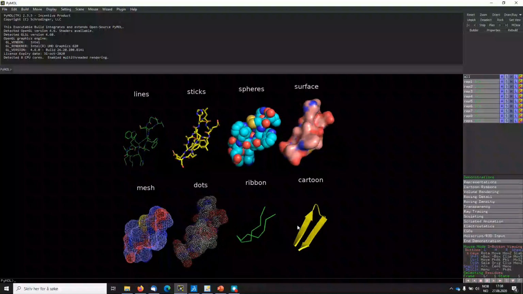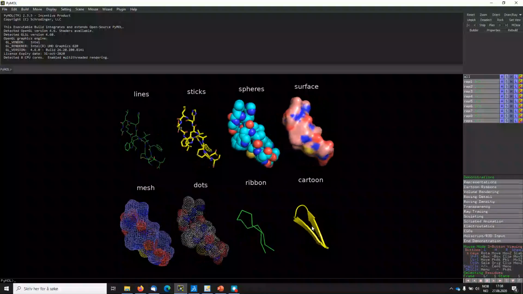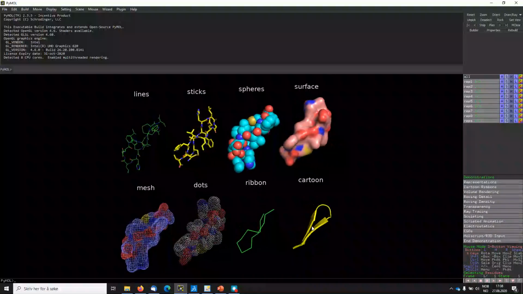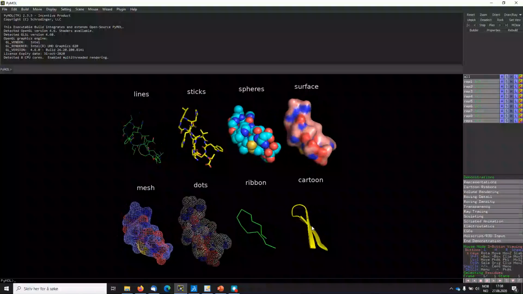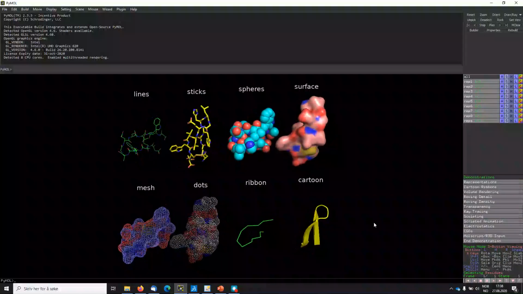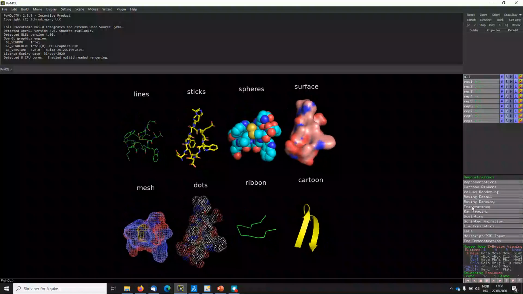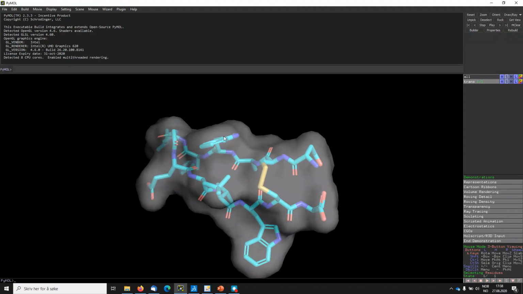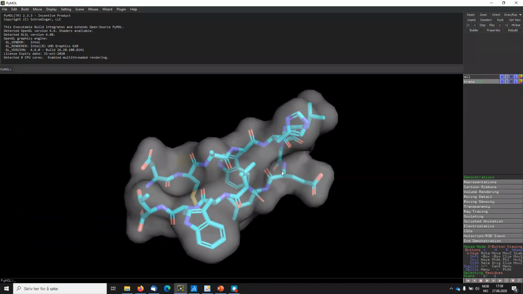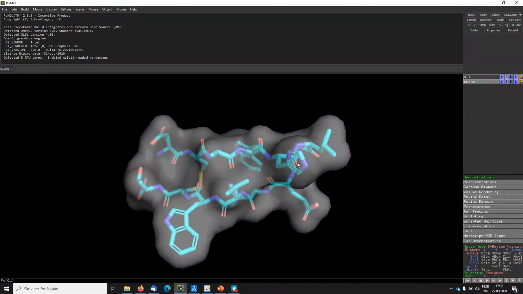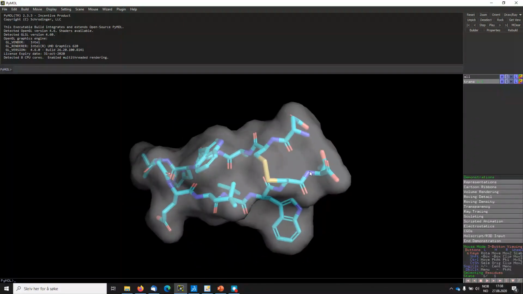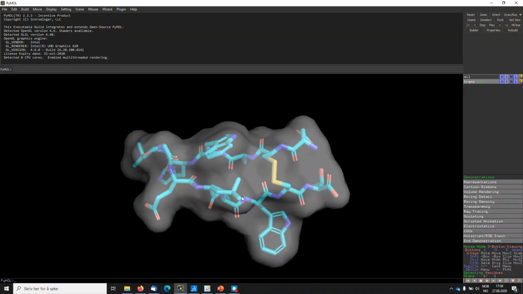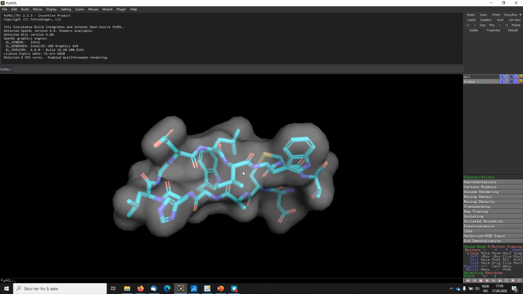So this is just a short antiparallel beta sheet. So there are different ways of visualizing. You can also have the surface of your peptide, and if it's transparent, you can see the actual amino acids beneath. Another thing that's kind of useful